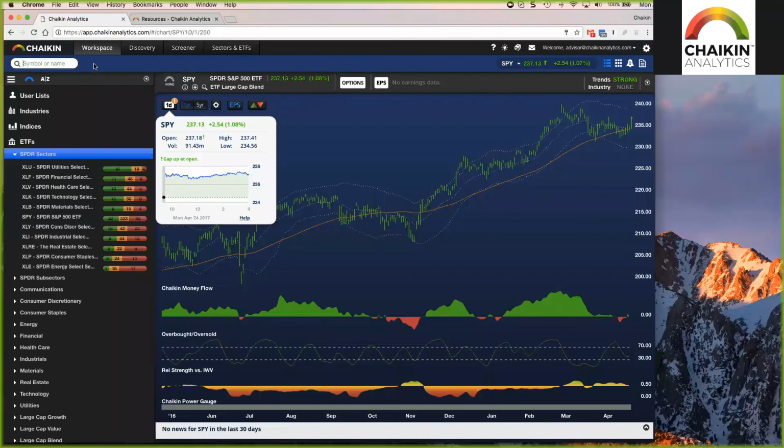So that's pretty much it for the overview. As far as today's credentials go, obviously they were pretty good, especially for a Monday. Total exchange volume beat the 10-day average by about 12%, which doesn't seem like a lot, but it's very unusual for a Monday when volume normally contracts about 15%. So you have almost a 30% swing there. Volume in the spiders and the triple Qs was also well above the respective 10-day averages, and only 15% of the stocks in the S&P declined, and obviously most of those were defensive stocks, which you want to see decline on a day like today.